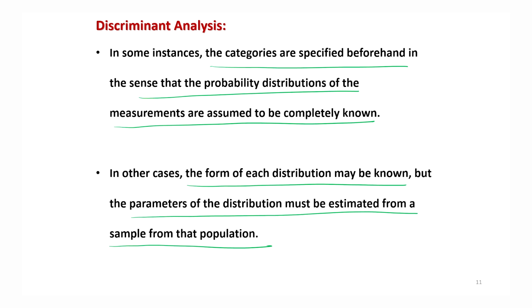For example, if I assume that the population is normal with mean mu and variance sigma square, and suppose the value of sigma square is known and we don't know the value of mu, then we have to take a sample and estimate mu. Now you know that the sample mean is an unbiased estimator of the population mean. So x bar, the sample mean, can be used in place of the population mean, and the same thing can happen if mu and sigma square are both unknown. Both can be estimated on the basis of a given sample of data, and they can be replaced back in those places where we want to use these values.